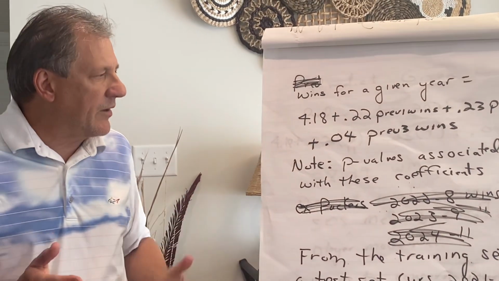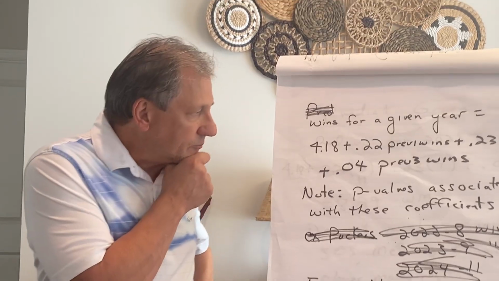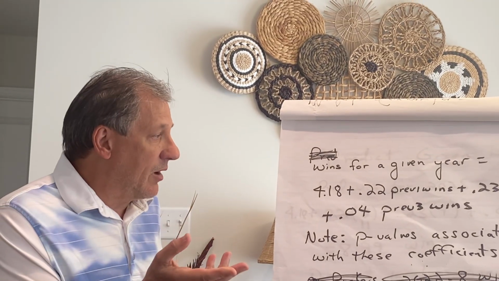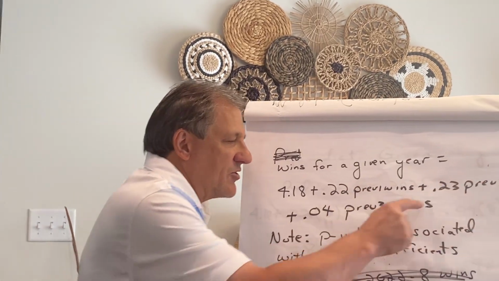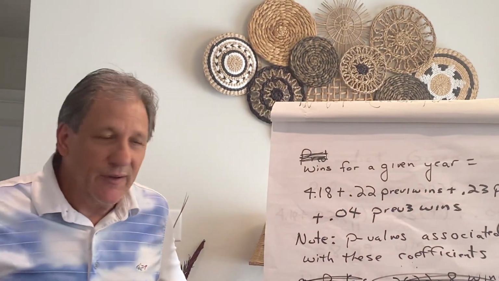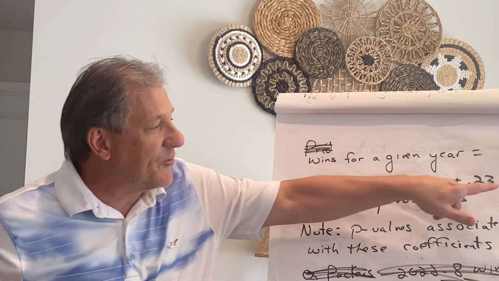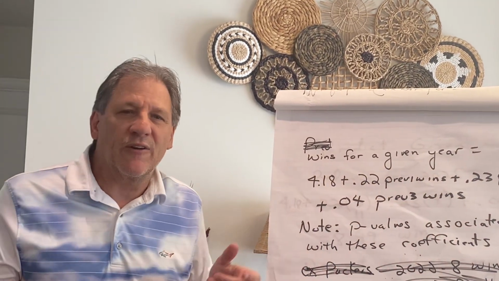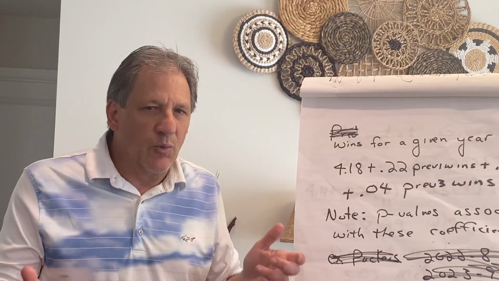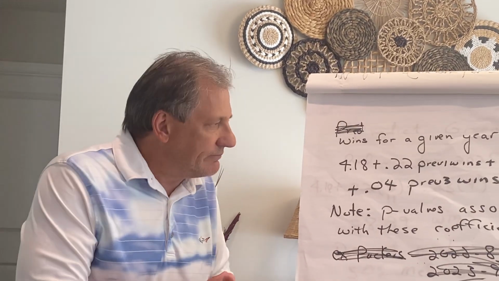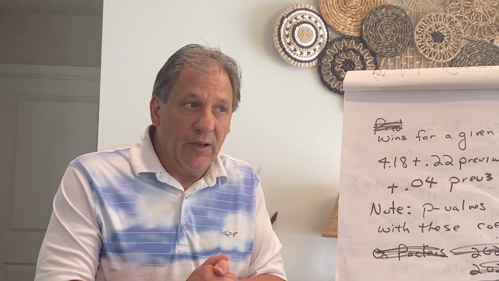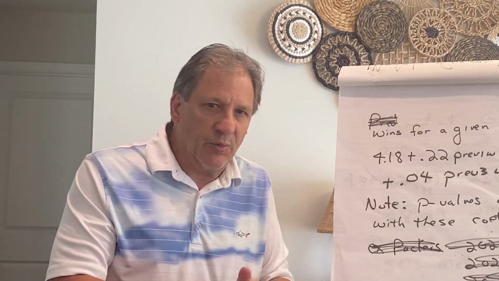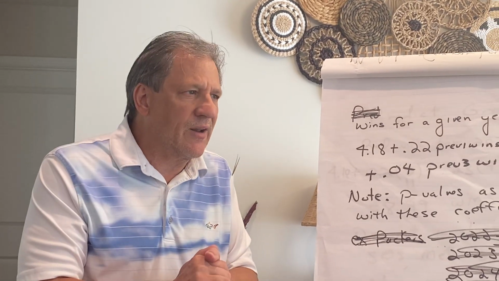So a couple of things we might note. First of all, one thing we can say is, well, if a team won 0 games this year, which has never happened, and we plugged in 0 for each of these, we would still predict them to win 4.18 wins the next year, which might be reasonable, might not be. I recall one year the Browns went 0-16. I think they preceded it with a year where they went 1-15, and then the next year they